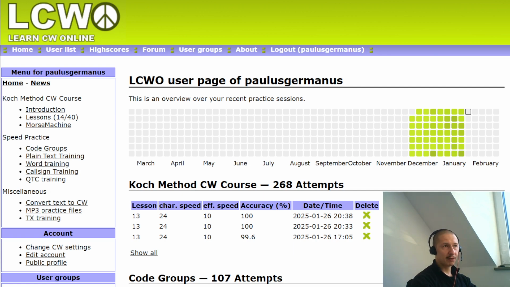So in the meantime, I've moved on to lesson 14, which I'll be starting just today. So introducing J. And on the way here, there was a dot, right? Dida dida dida, which was so different from all other characters that I've learned so far that it was actually pretty easy. So I've spent only like 1.5 days practicing that, and I believe it sunk in deep enough and well enough that hopefully, as you see here,